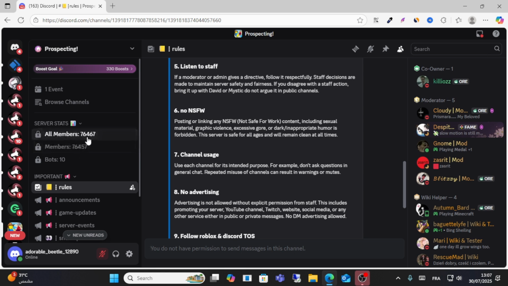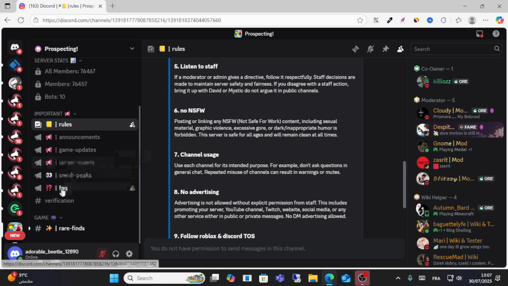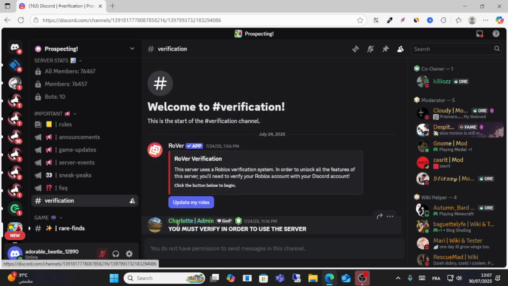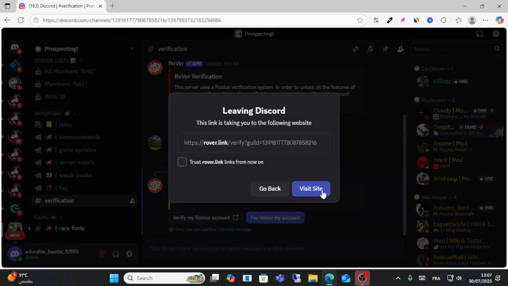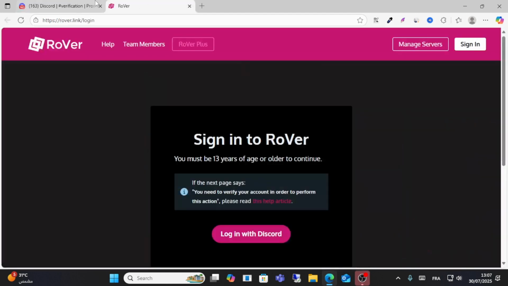All this member, it is almost 76,000 members, and this is all verification steps. You must verify in order to use this server. Click update my roles and complete the verification steps to verify my Roblox. Click this option to verify your Roblox account on the Rover option, and just log in with Discord here to complete